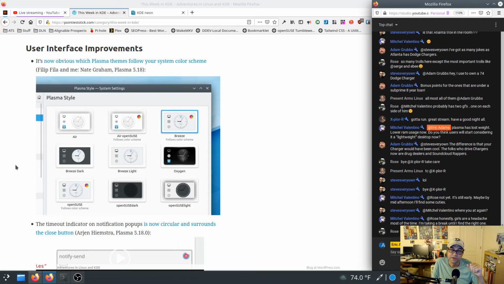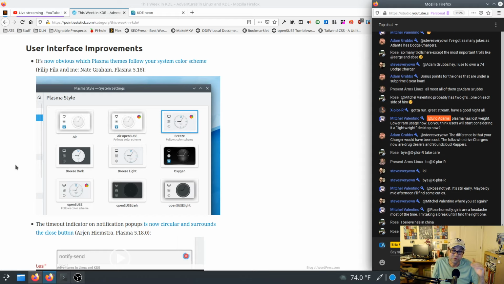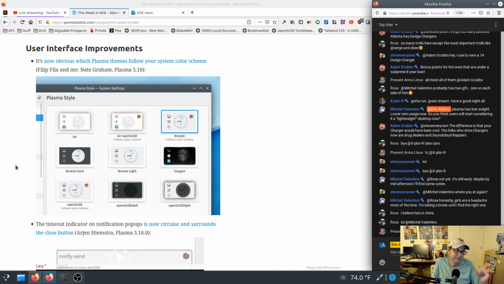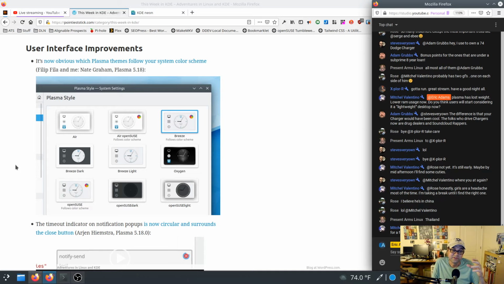And so when you compare that to something like XFCE or Lubuntu or some of these other systems that are also very, Mate, I'll throw that in there, that are also very performant and lower resource usage, I think maybe they have a slight advantage in that they will run better on older hardware than maybe Plasma will. Now, I don't really have older hardware to test this on, so I'm just basing this off of feedback that I've seen from other people, because that discussion keeps coming up of Plasma is very lightweight, and